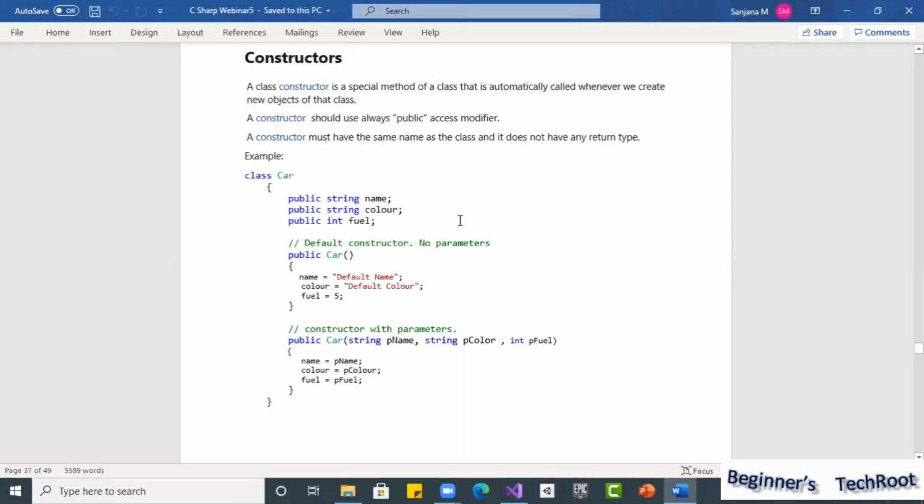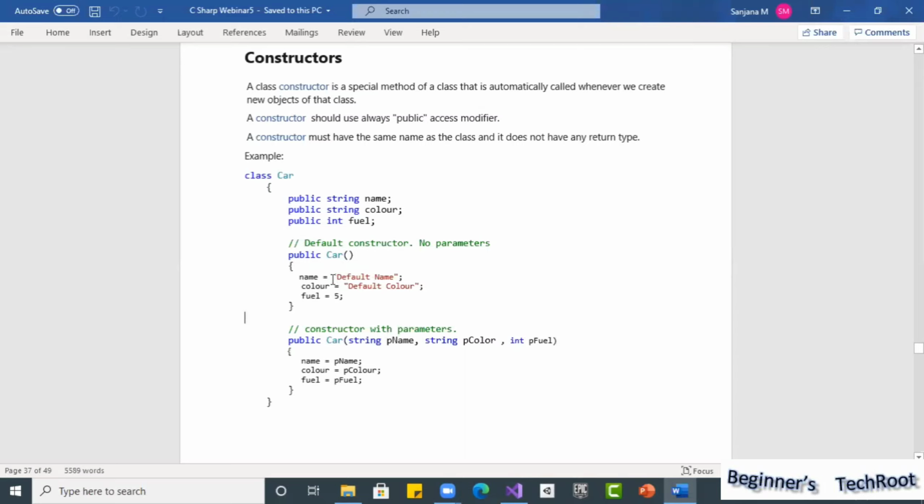Okay, so now we will see all these examples and check how a constructor works. We have already written some classes, so we will see how these constructors work. I will take one example.